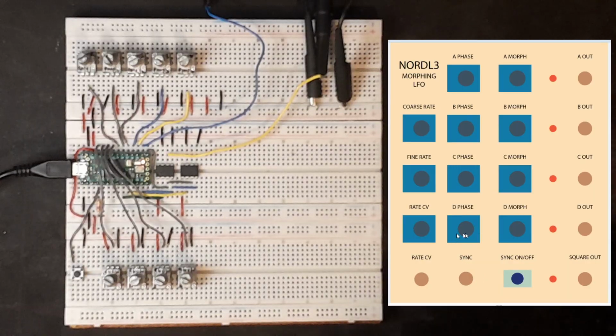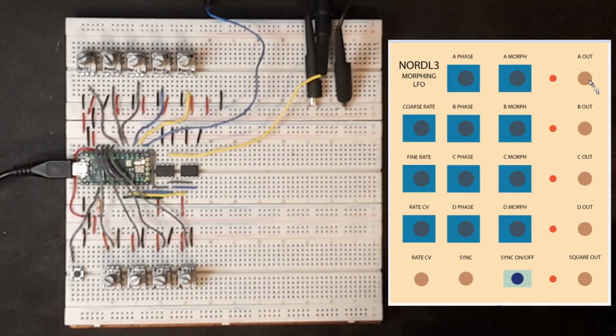And then these knobs here will just be setting the phase and the morph for each of the 4 different outputs. The square wave is more like a reference, so it's not morphable. And then these will just be LEDs for each of the different outputs.